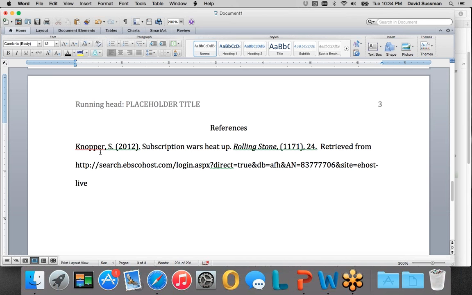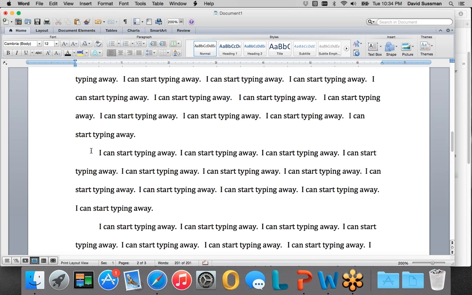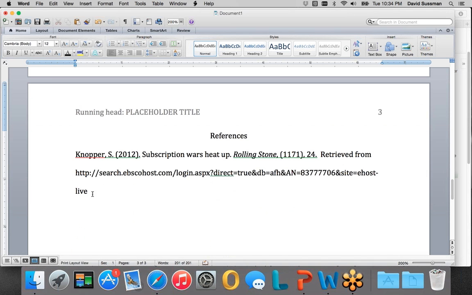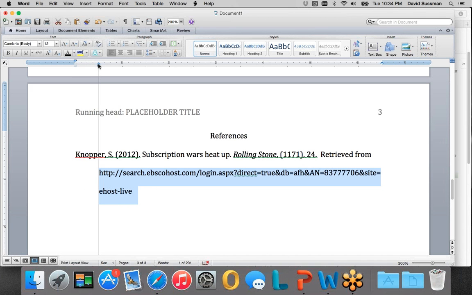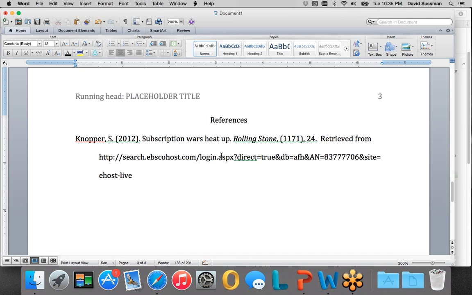Finally, the references page follows opposite rules for indentation. In regular paragraphs, we indent the first line of a new paragraph. Other lines are not indented. Here, it's the opposite. The first line is not indented, but any additional lines are. So I'll just highlight these additional lines. This is a tough move. You have to grab this little guy here and move it over. Boom. Okay. There's my APA citation. Easy, easy, easy, easy, if you know where to find the information, how to quickly fix it, and add the